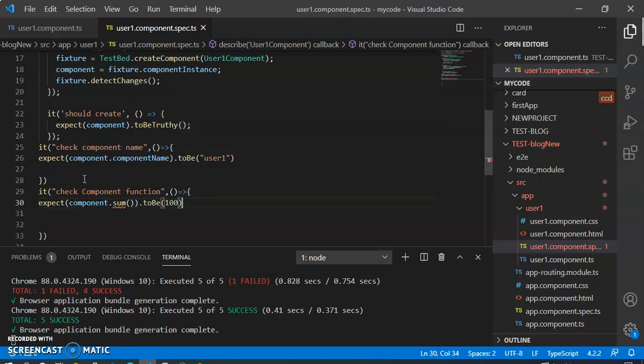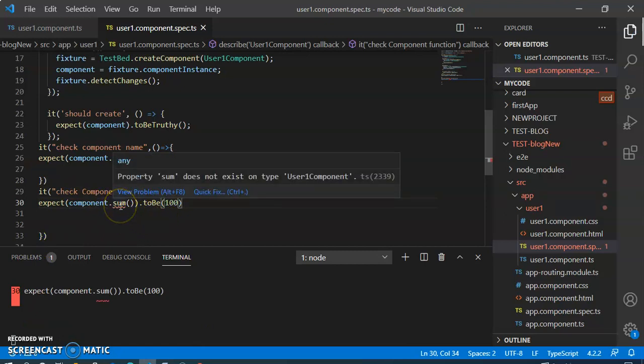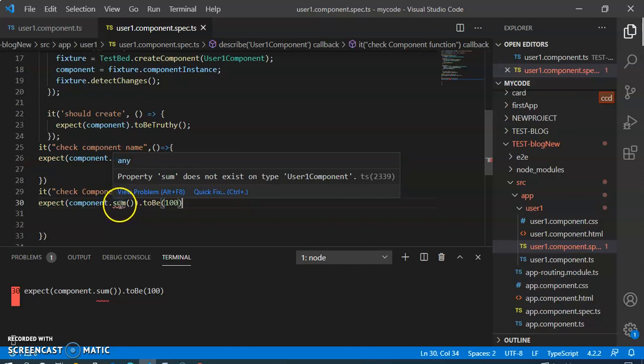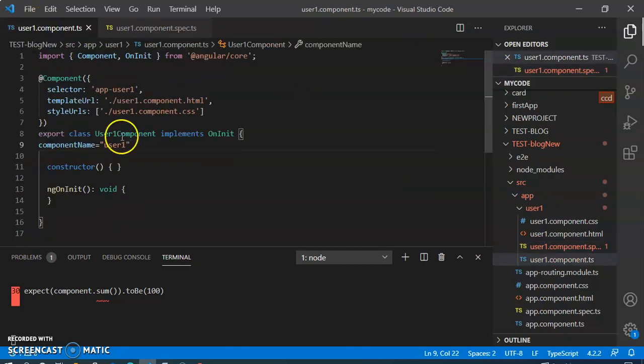Still we are having the error because we did not define this sum anywhere. We have to define this sum, and after we define it, this error will be resolved automatically. To define this we have to go to user1.component.ts. After going inside of this, we have to define it.